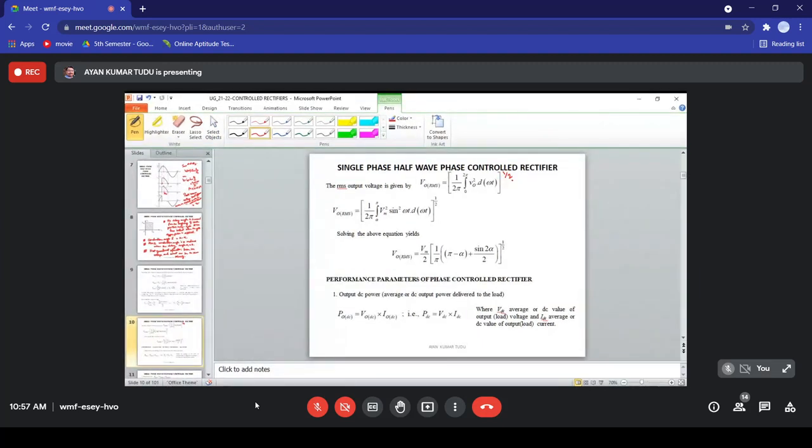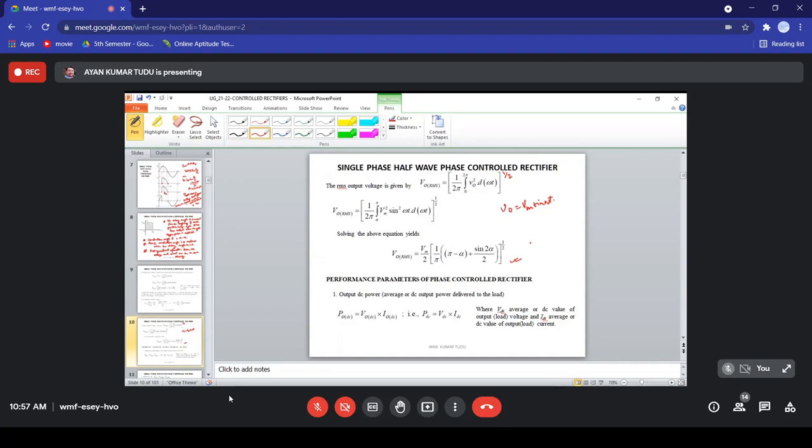So obviously then V0 RMS, what can you write? It would be 1 by 2 pi integral, since V0 is what? V0 is equal to Vm sin omega t. So we are putting it in this expression, and we are getting this. If you solve this, it will yield this expression. You may please check these expressions. Find it out yourself, because if you try to mug up this type of equations, many of you will get confused. So try to deduce how the expressions are coming. Then it would be much easier, because these types of problems will carry around 10 marks. So please remember this.